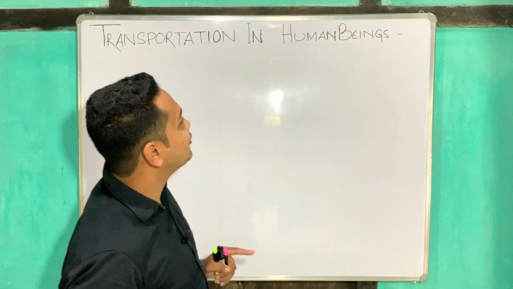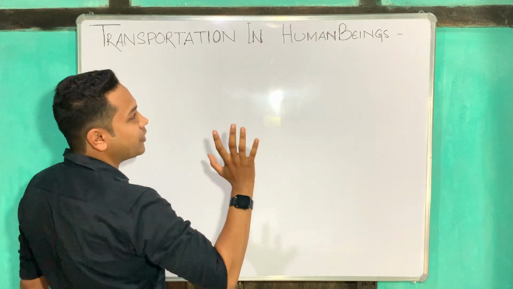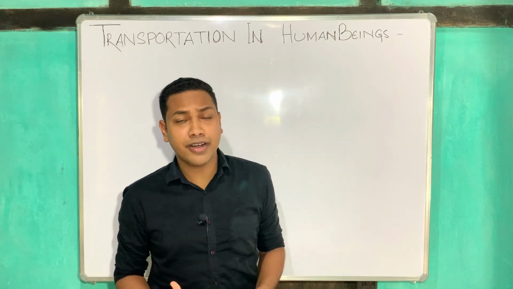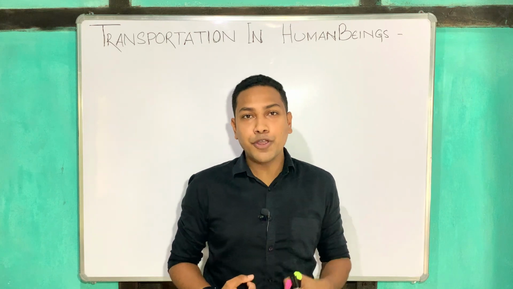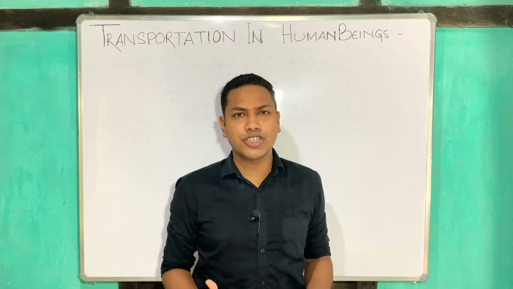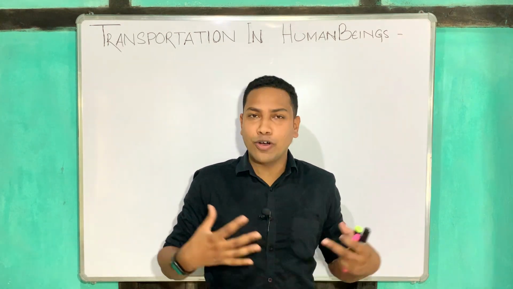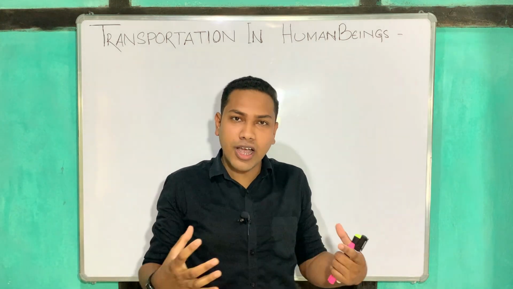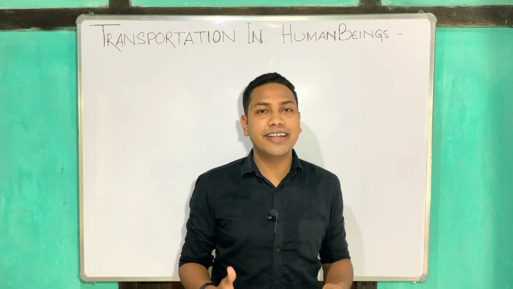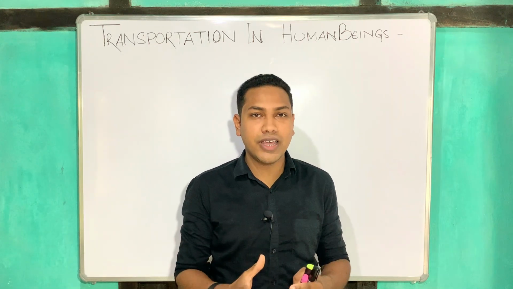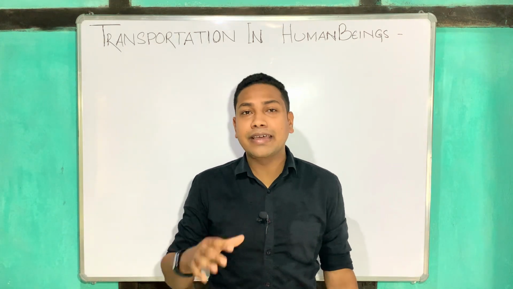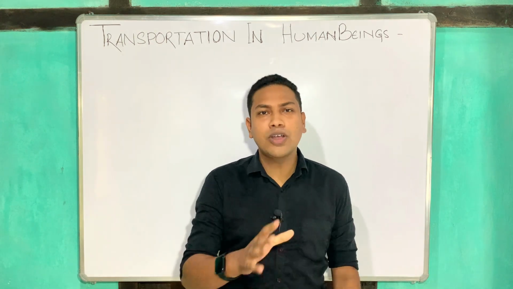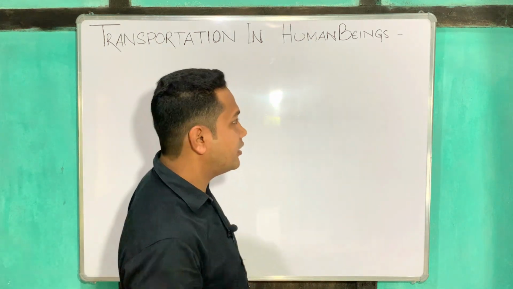Welcome. So here is our root of the topic, that is transportation in human beings. As we know, the blood transports food, oxygen, nutrients and many other substances like salts and carbon dioxide in our body. Thus, we need a pumping organ to push the blood around our body. For that, tubes are connected with the tissues to ensure that this network can be repaired if damaged. Now coming to the pumping organ, that is our heart.